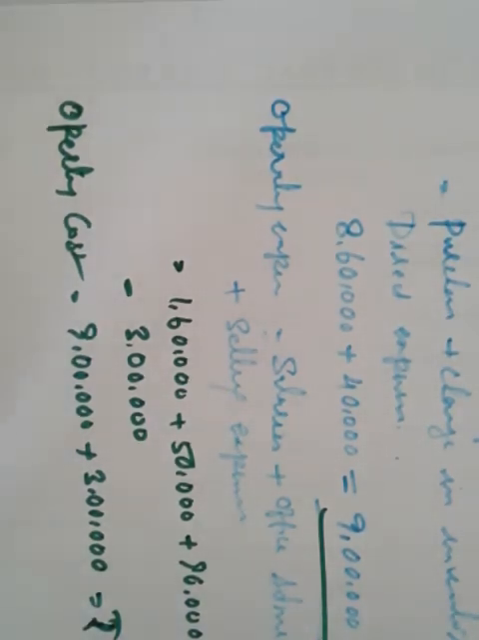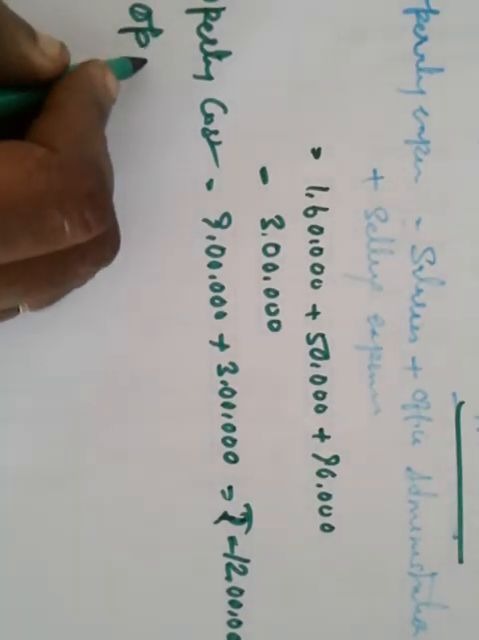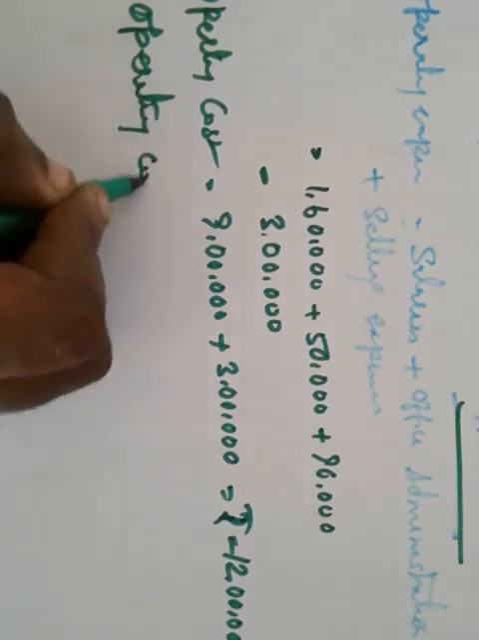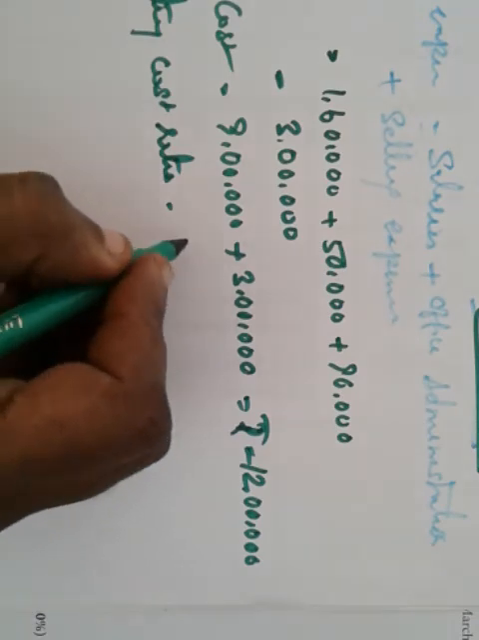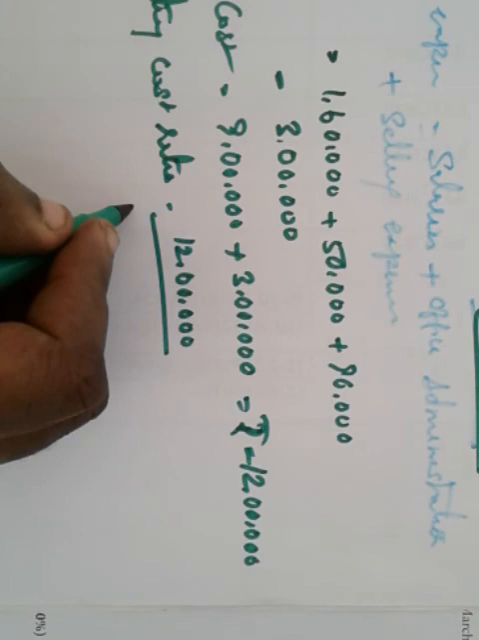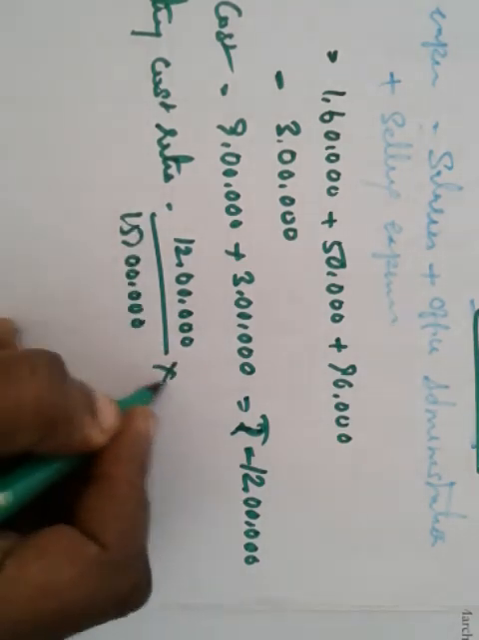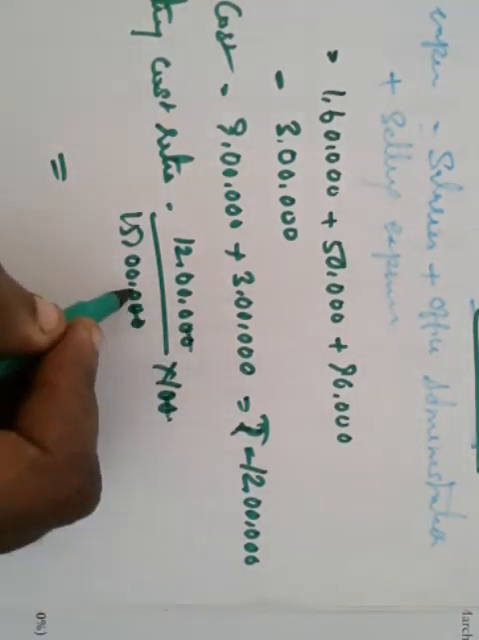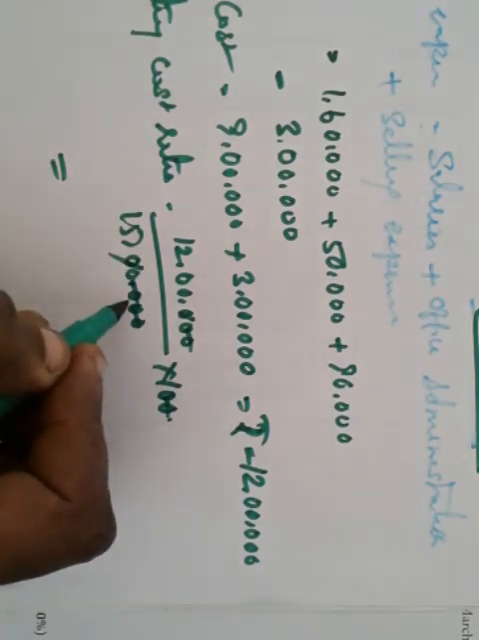This is operating cost. Now we are going to apply the operating cost ratio formula. The amount is 12 lakhs divided by revenue from operation, 15 lakhs, into 100. Then what will be the answer is